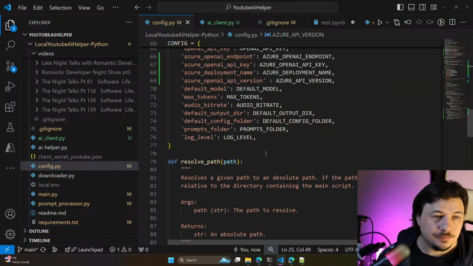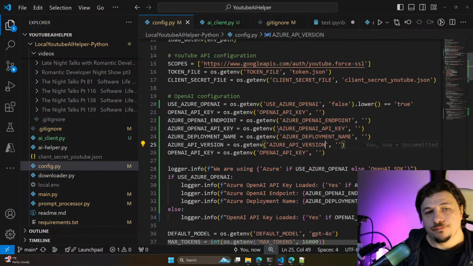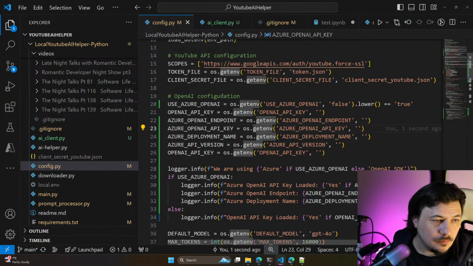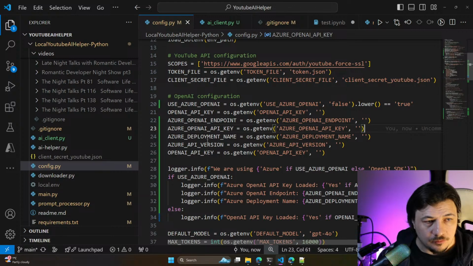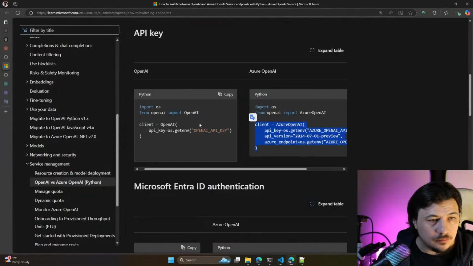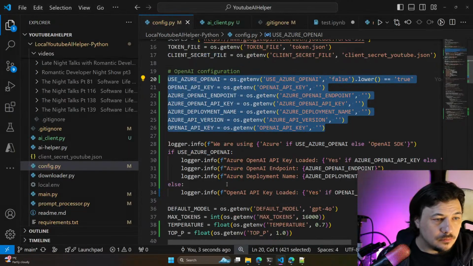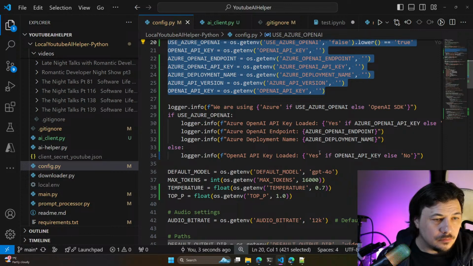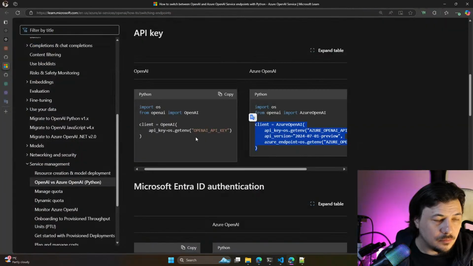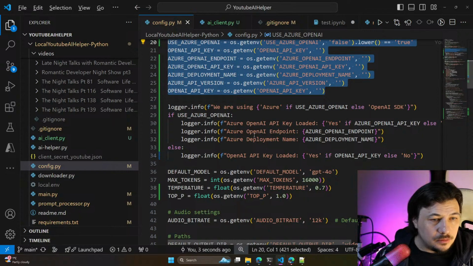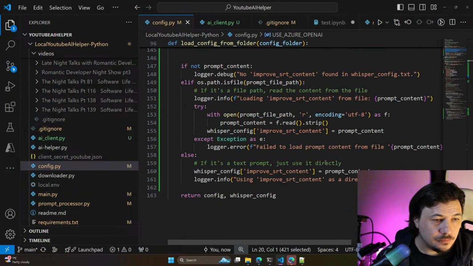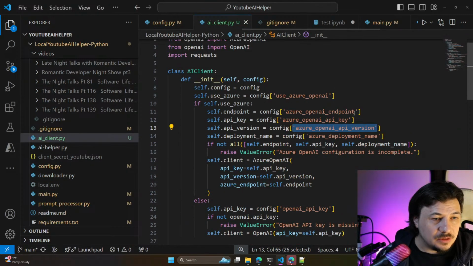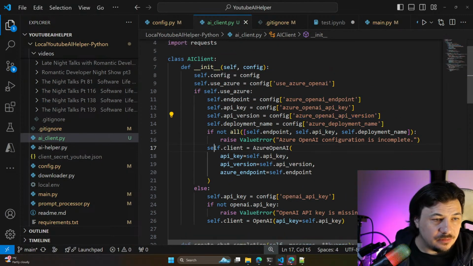So for the AI client here, we define self client.